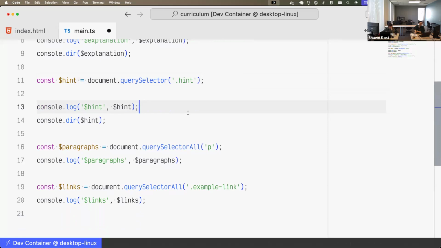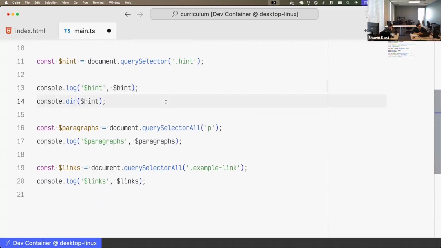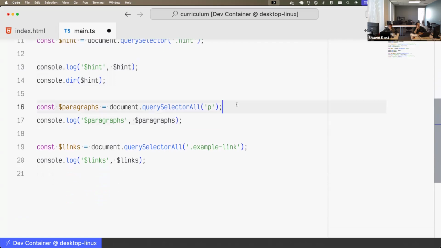And then 13 and 14. The log method of the console object is being called with two arguments, one string and one variable. And the dir method of the console object is being called with one argument. Perfect. Yep, nailed it. On line 16, the query selector all method of the document object is being called with